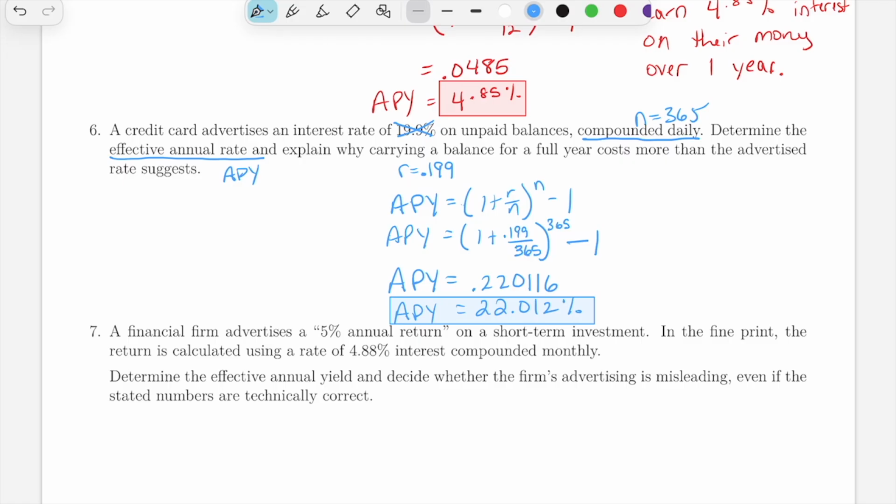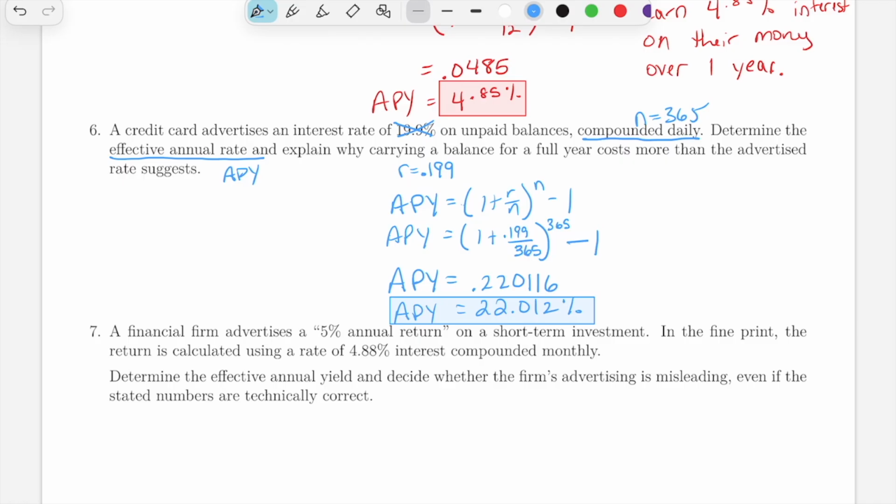Even though the bank is advertising an interest rate that's under 20%, because it's compounded daily, after a year it would really be more like 22%. So it kind of draws you in by advertising a lower rate. It's not really a lower rate, but they're advertising it and then just hoping that maybe you don't understand the